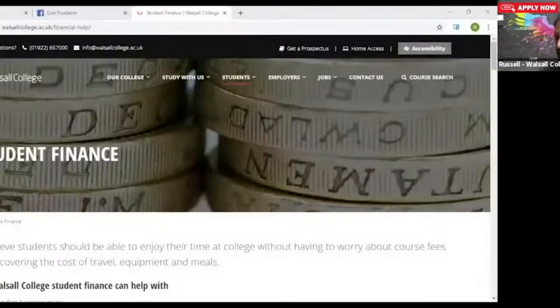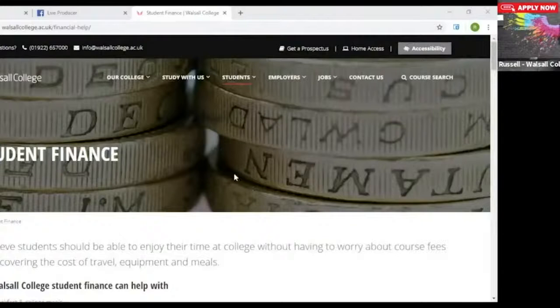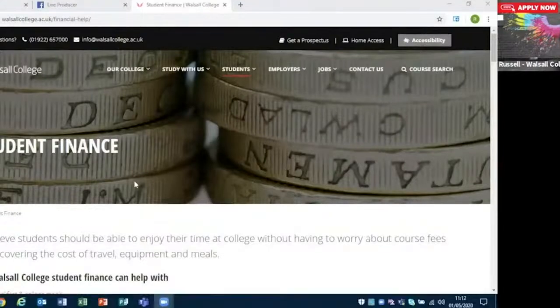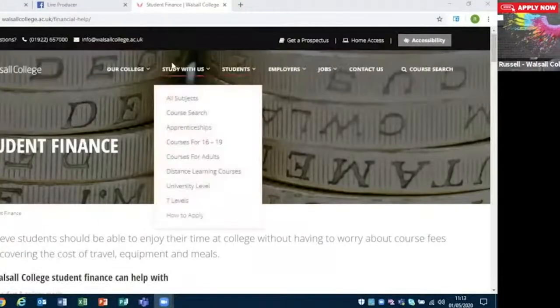I think it might be worth us just having a quick look at the college website now, and looking at where you can access all this information. I'll try and get this information up for everyone to have a look. Yeah, if you go onto the Walsall College website, you click study,